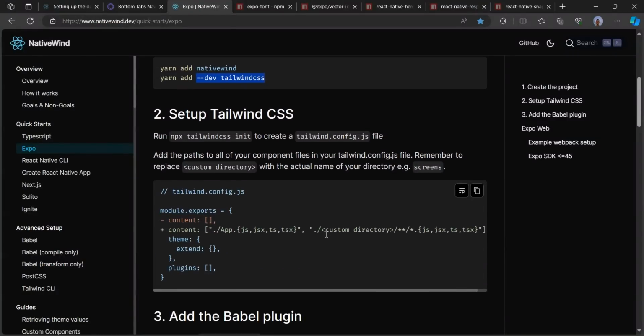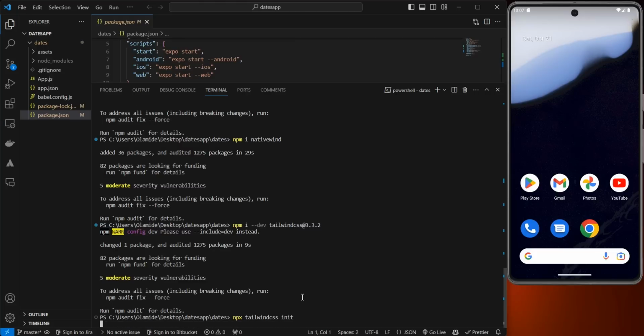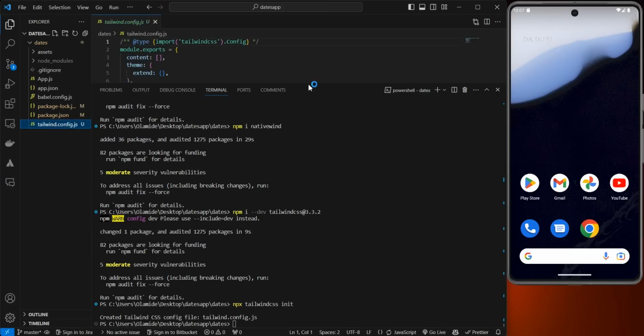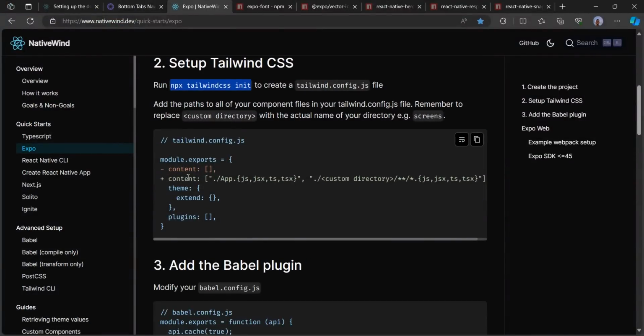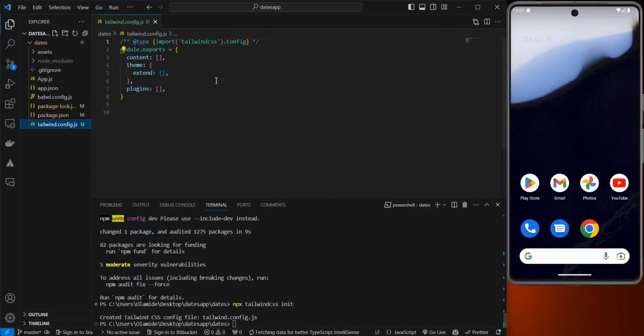The next thing we want to do is initialize Tailwind CSS so that we can be able to use it in our app. So let's copy this and paste this right here. This will basically create a Tailwind config file for us so that we can specify all the parts where we want to use Tailwind CSS in our app. You're going to see the file here straight away. And inside of this file, we want to paste or replace some content. So we head back to our browser, and you can see here we are told to remove the contents, which is an empty array, and copy all of this and head back to our IDE